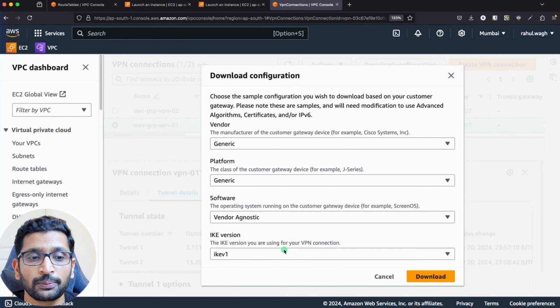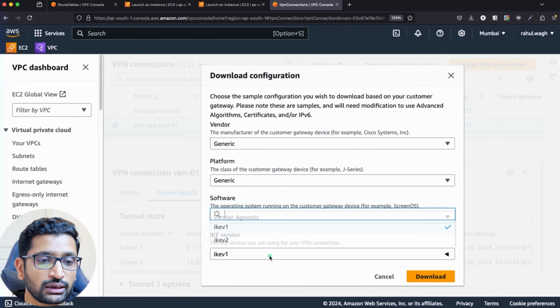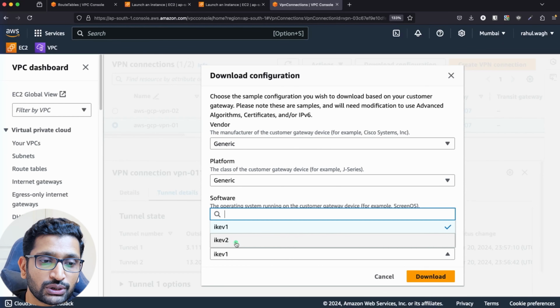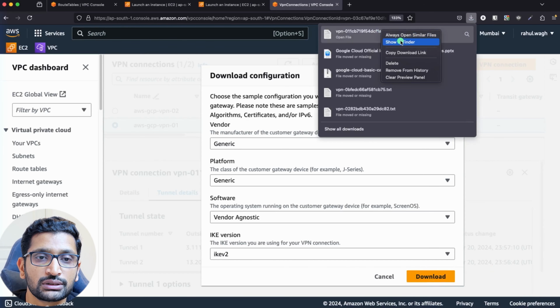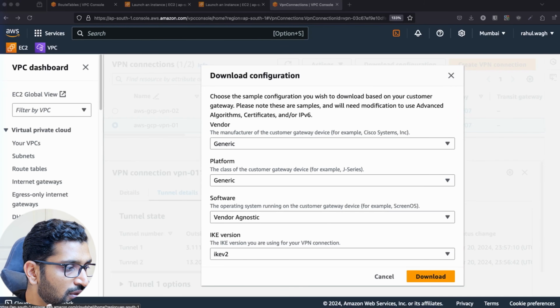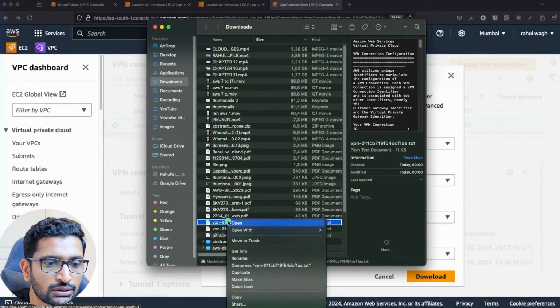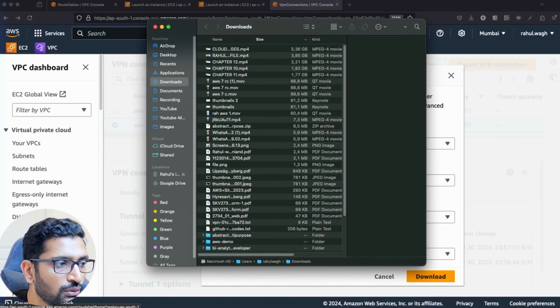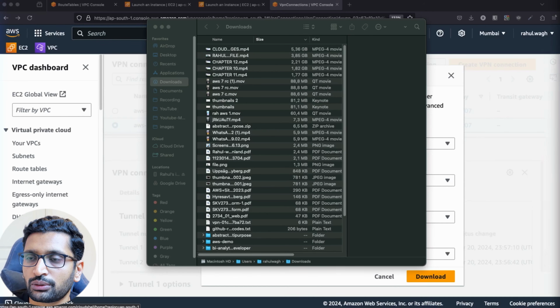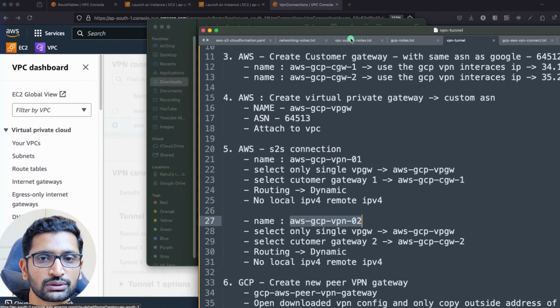So let's stick with generic, vendor agnostic, and then I'm going to choose the IKE v2 version. Click on download. Here I'm downloading it for my first VPN connection. I'm going to drag it over here, rename it VPN 1.txt, and put it onto my notepad also. Just give me a minute, and I'm going to show my notepad to you also over here. So this is my notepad,